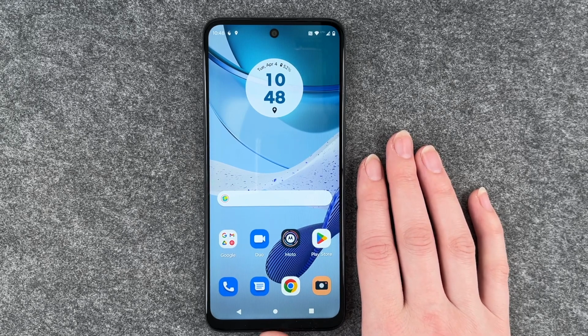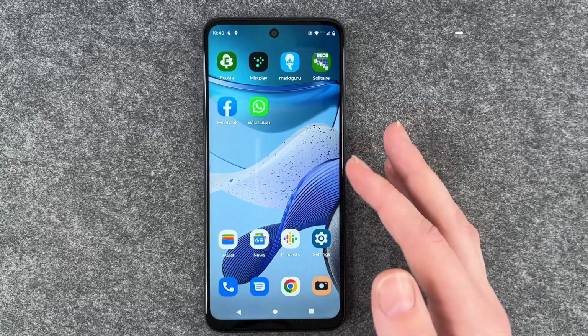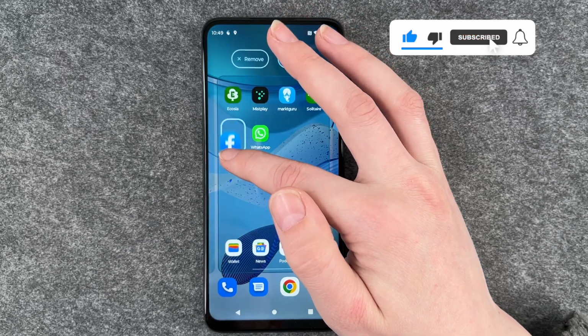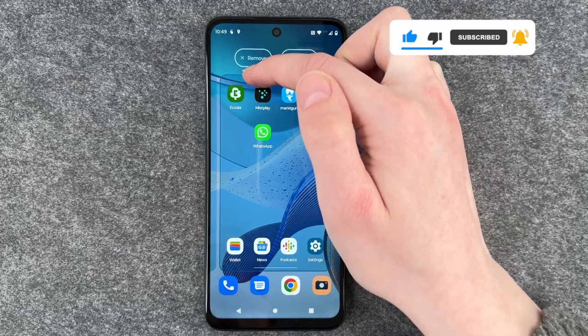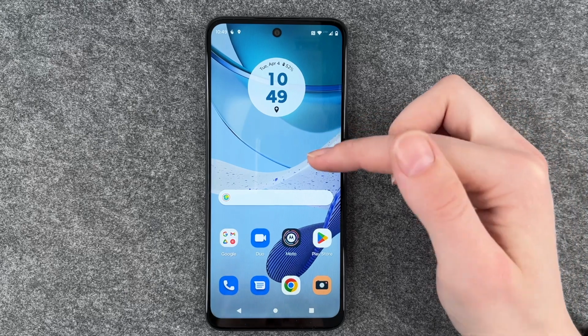Motorola Moto G53. For that, you want to go ahead and look for the app that you want to delete, and if you found one, you just press and hold, move it around, and then you have that menu here, remove and uninstall. I'm going to say remove now, and then the app is deleted from our home screen, but